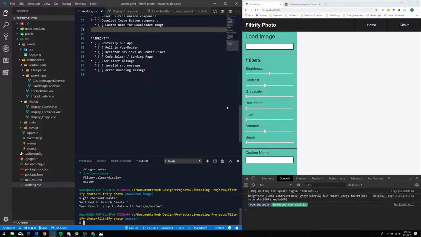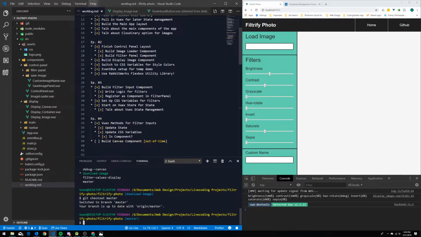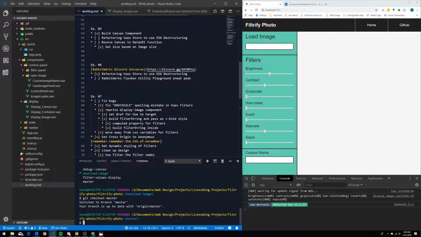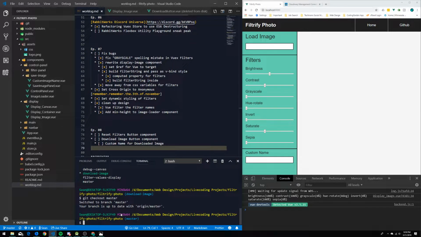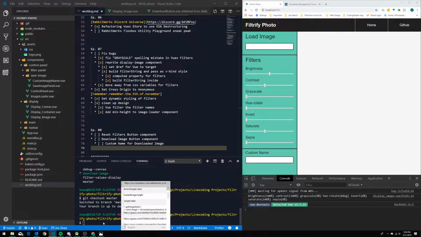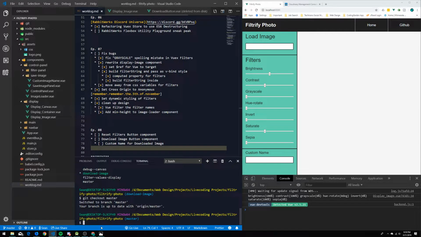And okay, you can see that everything changes a lot, and that's because it's loading a different version of our project, essentially, because it's a different branch. Each branch is like its own version of the project that you're working on, hence what version control is. So alright, now that we're on our master branch, we can merge our download image into